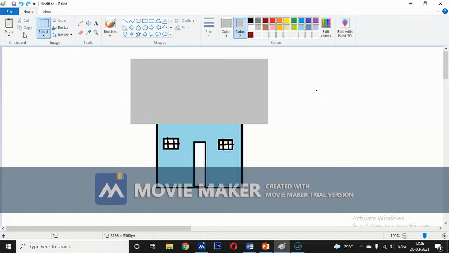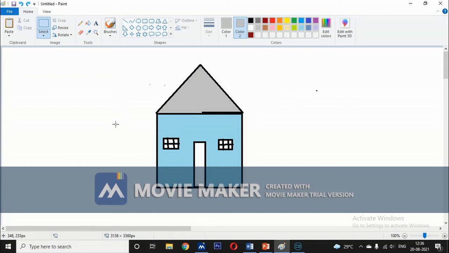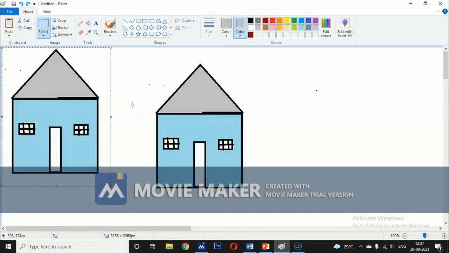And the copy and paste option. The copy option is used to get a duplicate copy of an entire drawing or part of the drawing. First you have to select it, then click the copy option and you can paste it into another place.